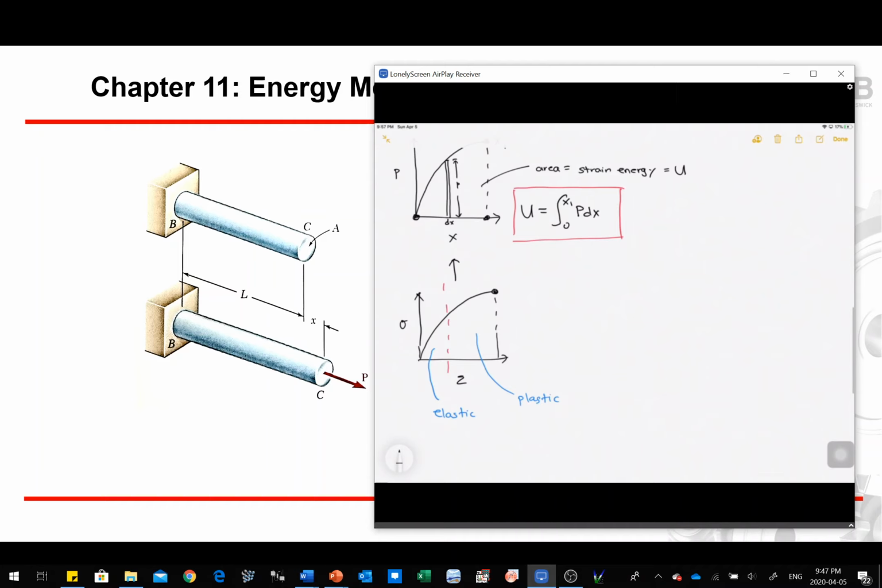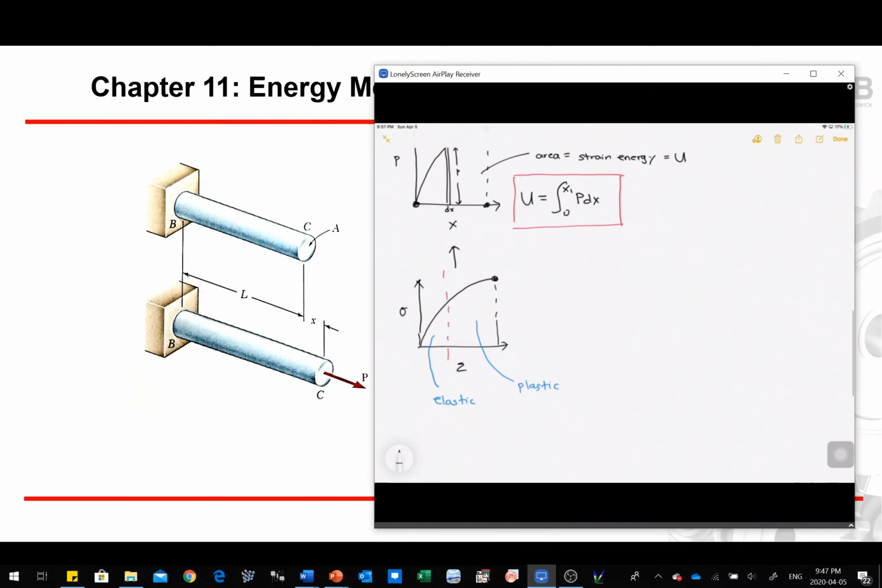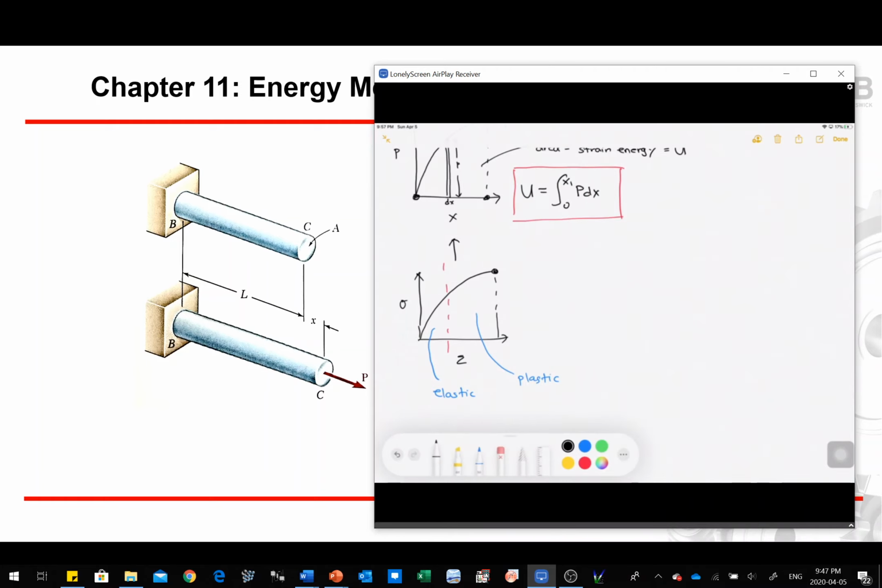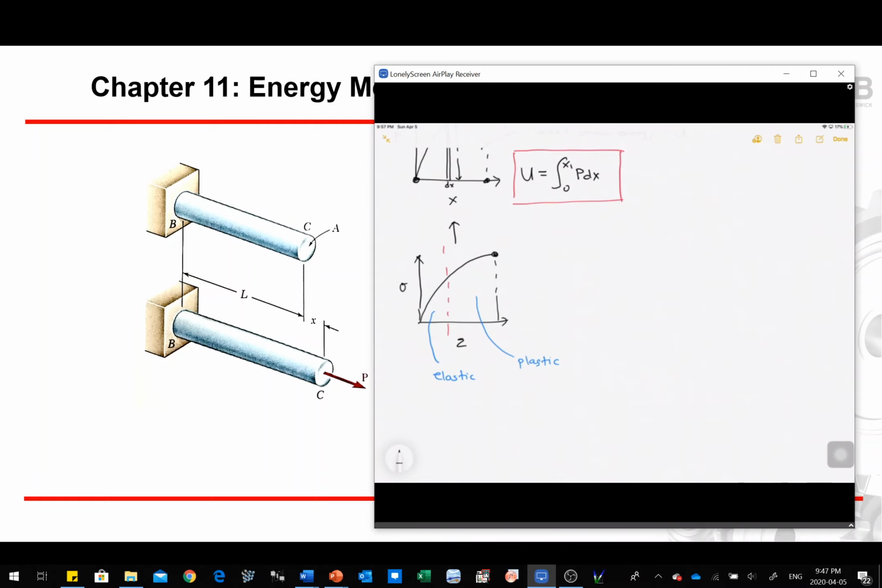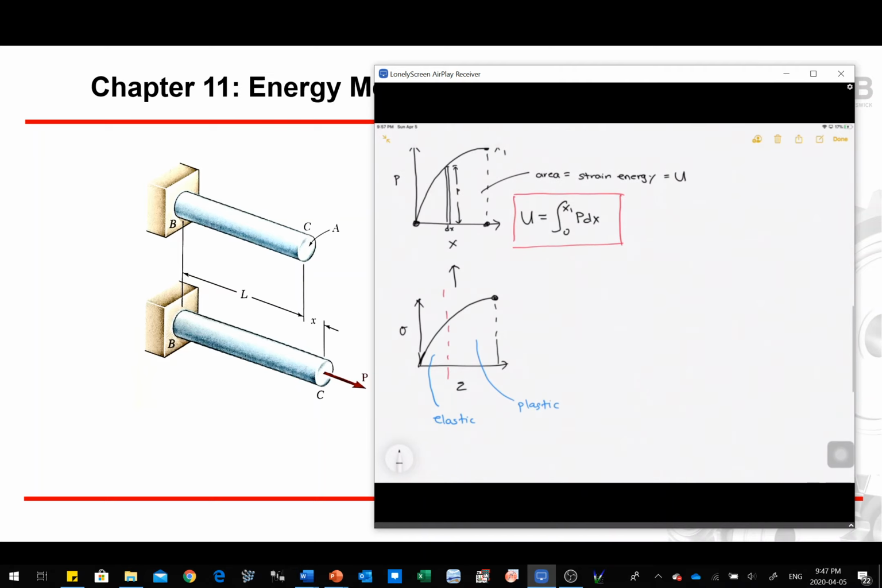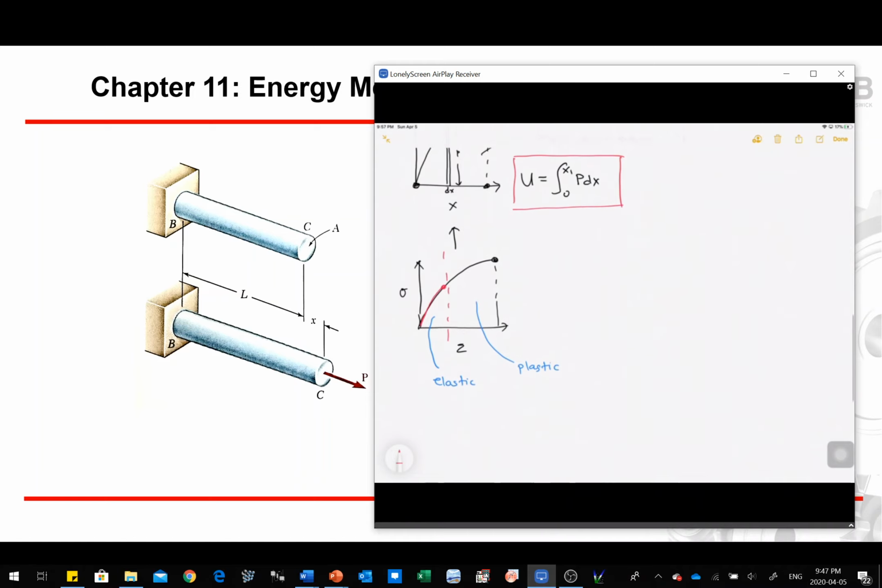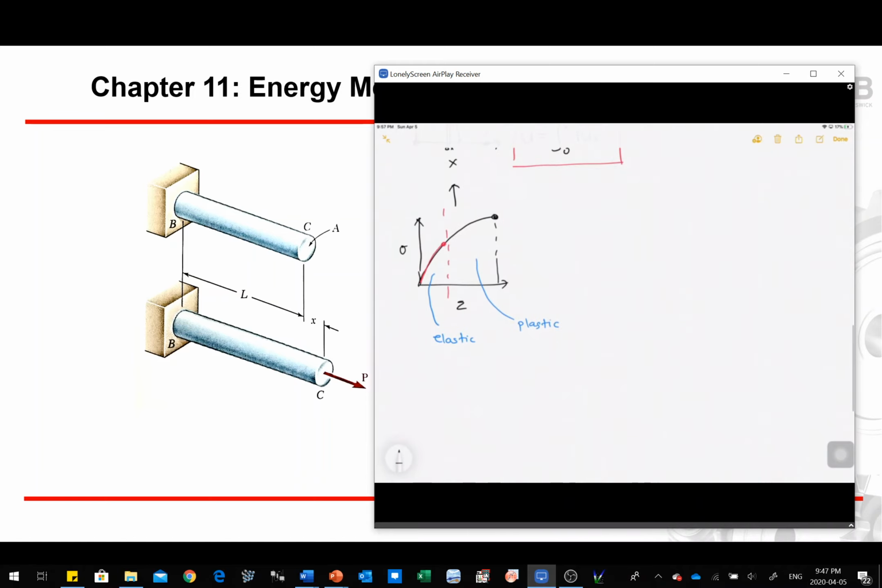So what if we need a certain amount of energy just in our elastic region? So for linear elastic deformation, let's say we apply force to our member and we stay in the elastic region, meaning that as we apply force, we're increasing stress. However, after this, we stop right here, which means we are in the elastic region. So how can we calculate the strain energy if we maintained our force in the elastic region? So for linear elastic deformation,